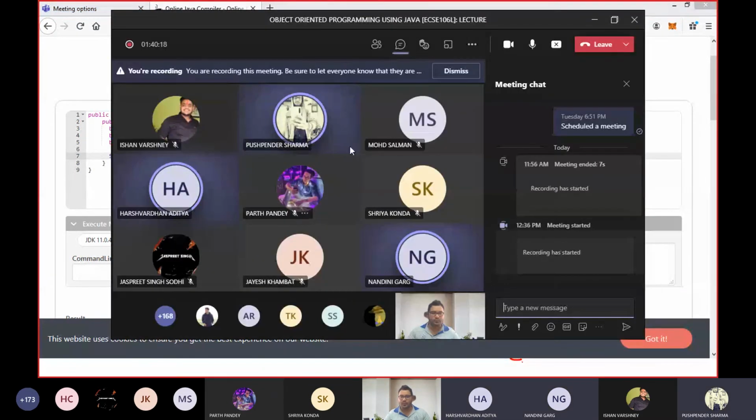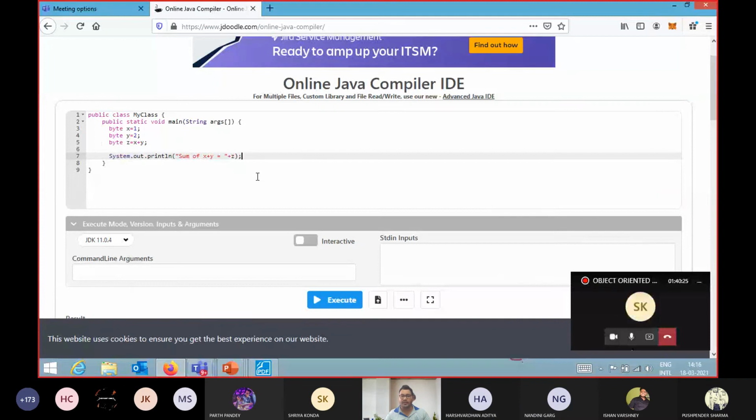Output, sir. Output आएगा. Yeah, so most of you are saying that you will get an output. That is great according to our concepts also, that we will get an output. Why? Because according to us, a byte can store 8 bits of data. You already know the range is minus 128 to 127, and the value we are assigning to z here is